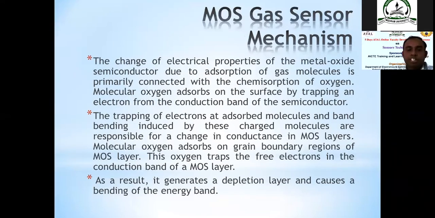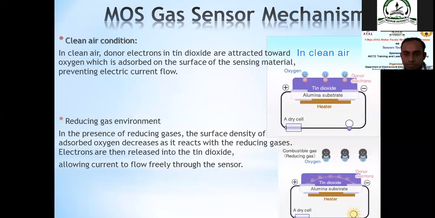Now, what is the physics behind this? The change of electrical properties of a metal oxide semiconductor due to the absorption of gas molecules is primarily connected with the chemisorption of oxygen. The molecular oxygen adsorbs on the surface by trapping an electron from the conduction band of the semiconductor. I will show you the figure. You can see in the figure,